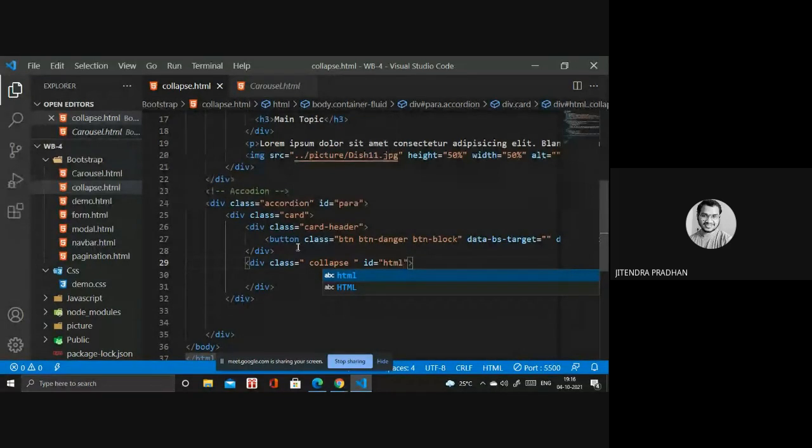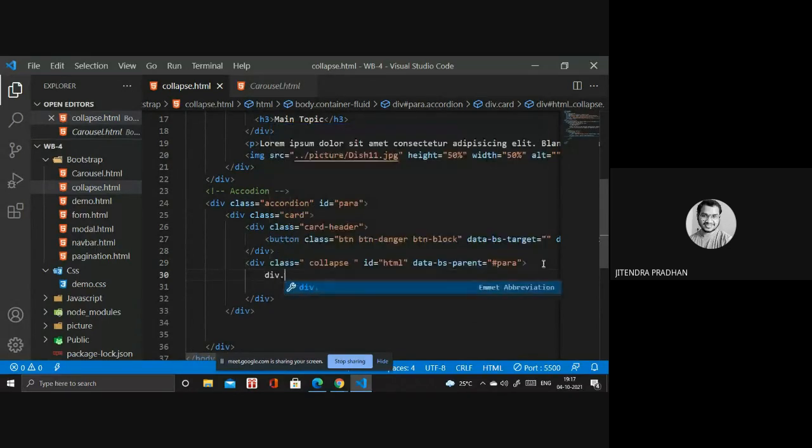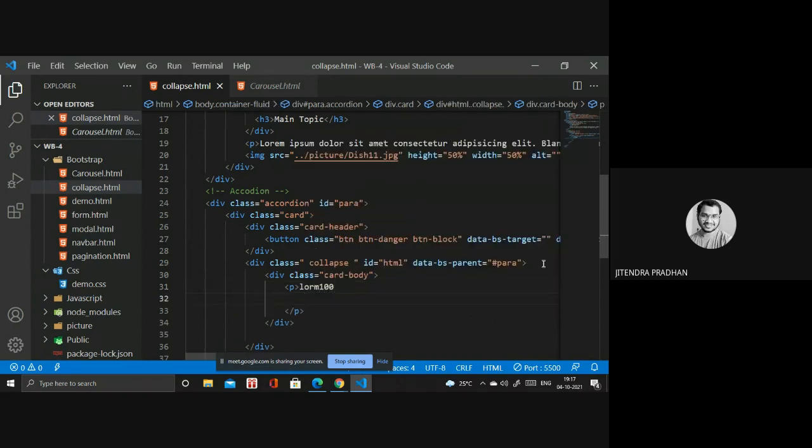And the data parent you have to write, data-bs-parent. Who is the data-bs-parent? This id is the data-bs-parent, okay. So you have to write that para, okay. So next thing we have to design the card body part, div dot card body, okay. Next is the p tag, and inside the p tag if you require any paragraph, then you have to use the paragraph